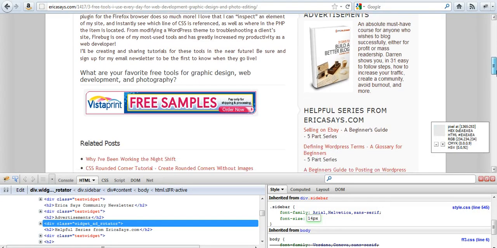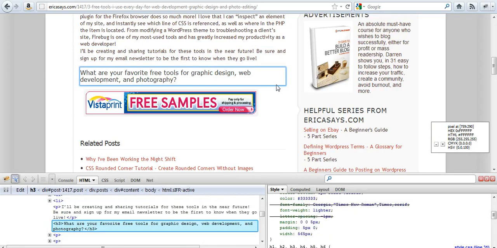Now, how about something like this line over here in the post? Maybe we want to change the line underneath